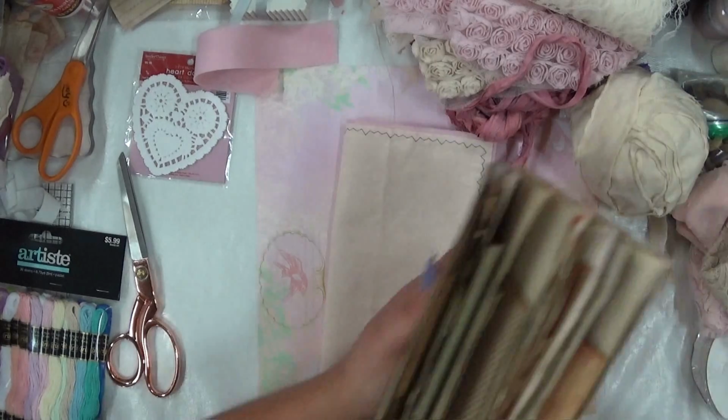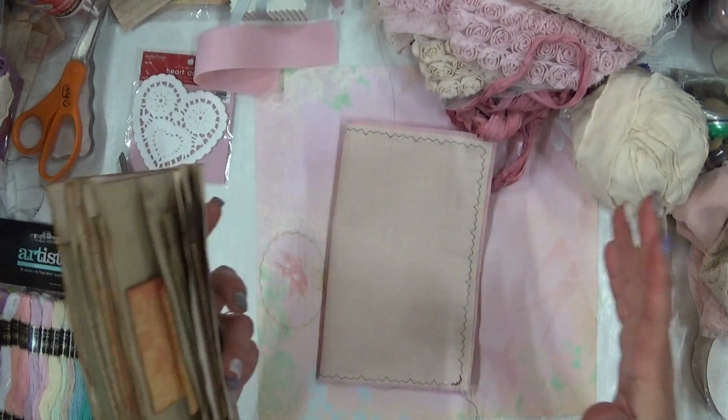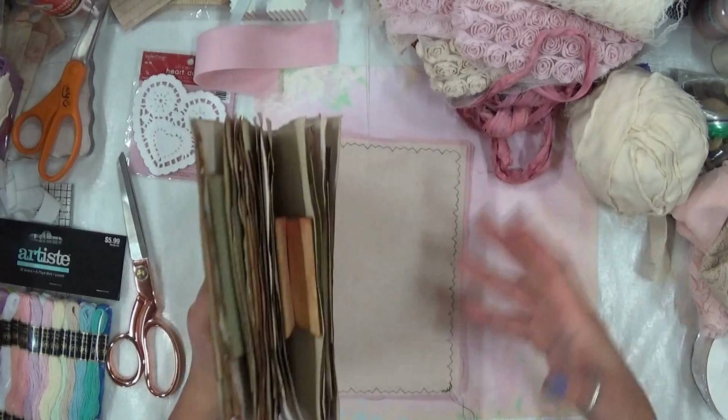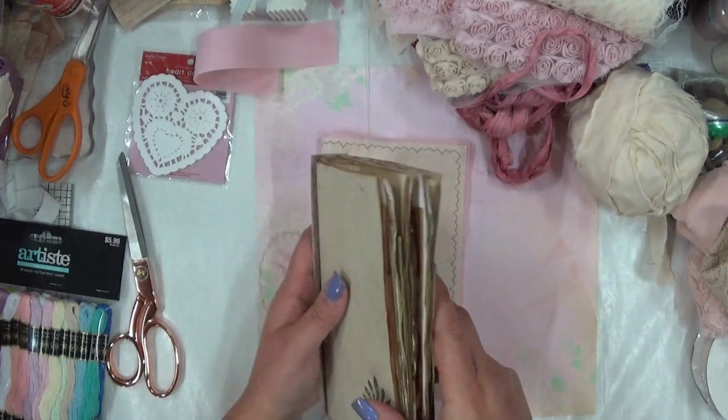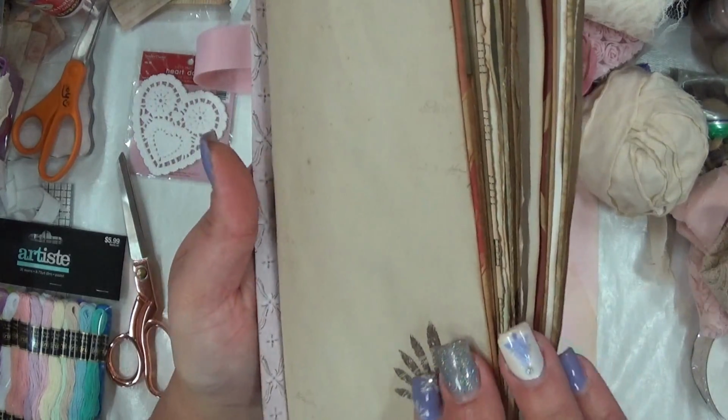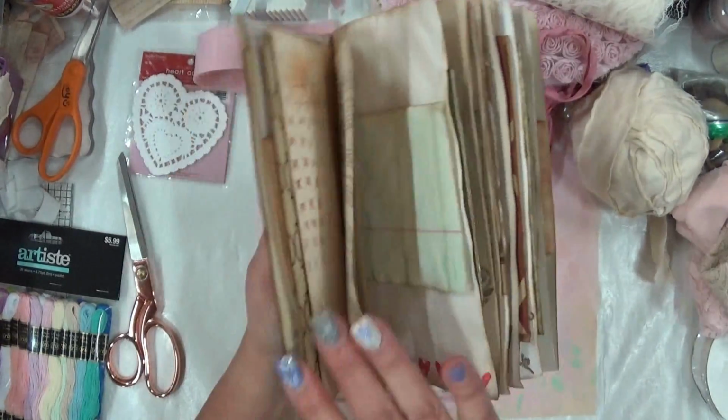It's only going to be a 2-signature journal. I'm not making a big tome or one of my larger chunky types, just fairly small for me, I guess you could say. So I have the signatures here, and I have them sewn to this really gorgeous wallpaper from Timmy Holtz,